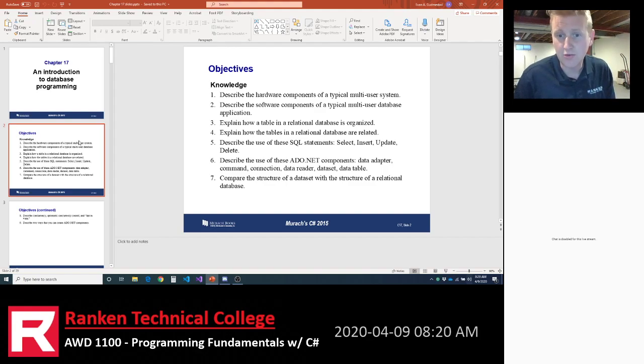So in relational databases, you have tables, many tables oftentimes, maybe 10 tables, maybe 15 tables, maybe 100 tables. And many of those tables are linked together somehow. In other words, they relate to one another.